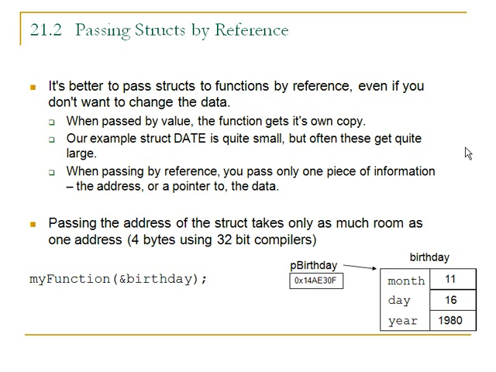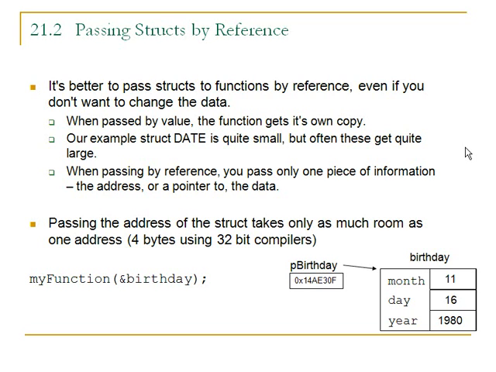So we have the calling function and the called function. So we have a struct date. It's quite small. It only has 3 ints in it, but sometimes structs can be very large, lots of component parts, and structs can also contain other structs which contain other structs. So there could be a kilobyte of data or more in one object that's being passed to a function. So then the issue of, does the function really need its own copy? Because the size of the data that we're passing around, if it's large, we don't want to make copies of it. So maybe we would want to pass a struct by reference, even if it's not required that the function